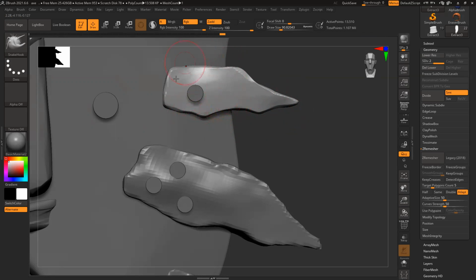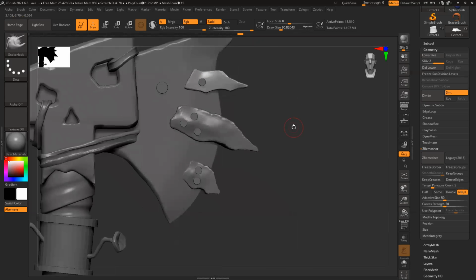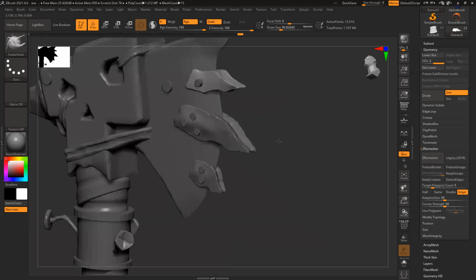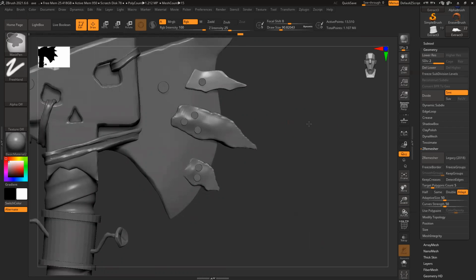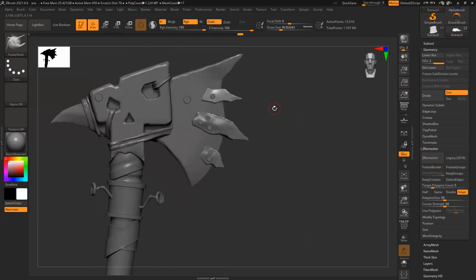Slightly angled. This one is slightly pointy. Match all the shapes. Like this, one by one, add all the details. Like make the shape clean, make it pointy and everything.